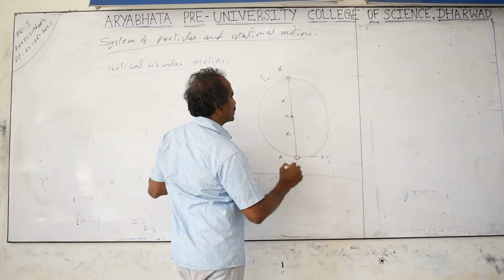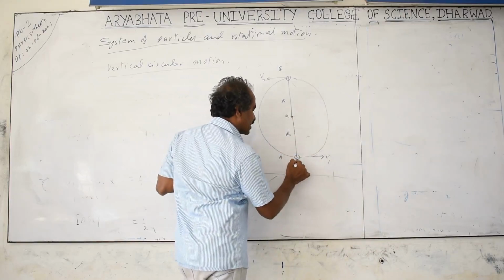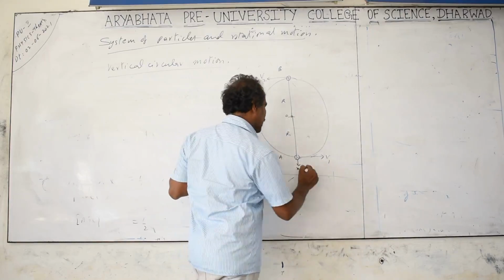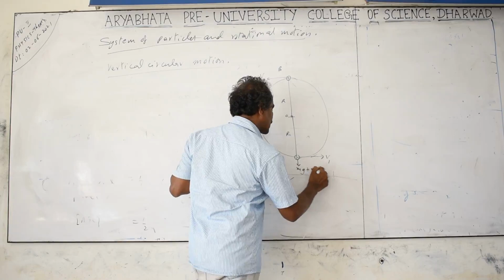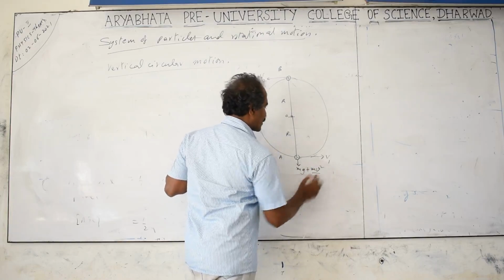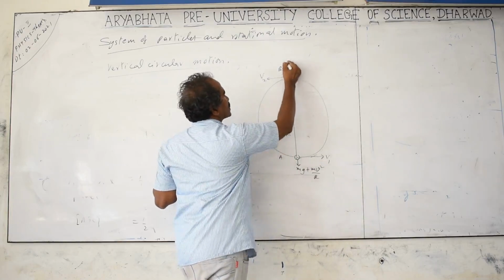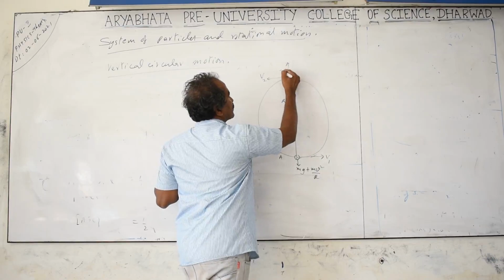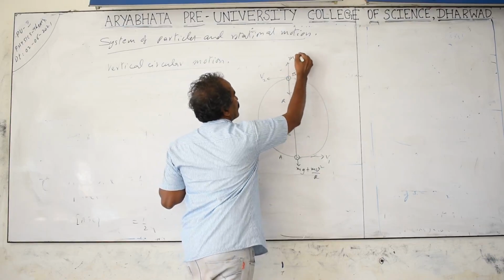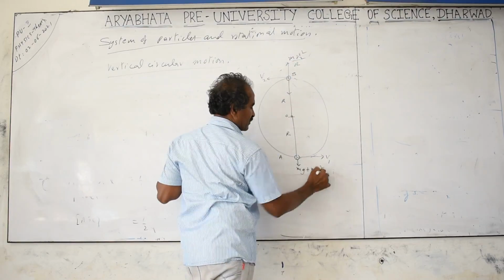Next is tension in the string. At the bottommost point, the weight mg is acting downwards, and the centrifugal force, which is a pseudo force, is also acting downward, equal to mv squared by r. At the topmost point, weight is also acting downwards, but the pseudo force is acting away from the center of the circle, equal to mv squared by r. Here v is v2, and at the bottom v is v1.